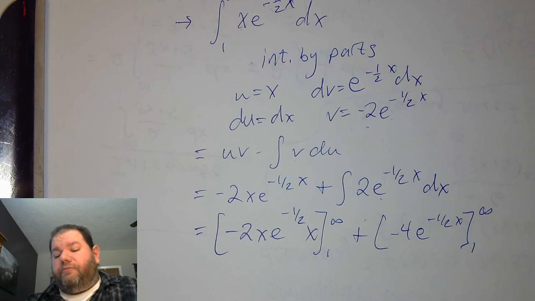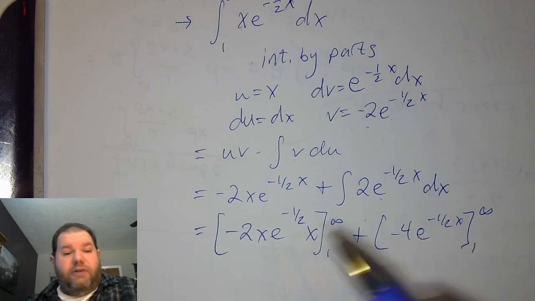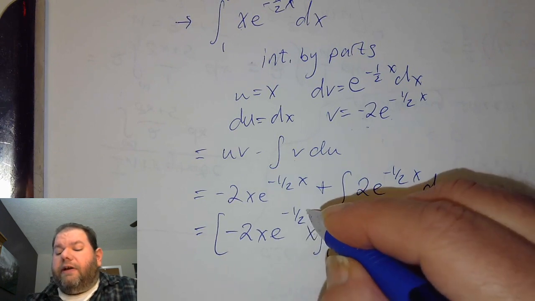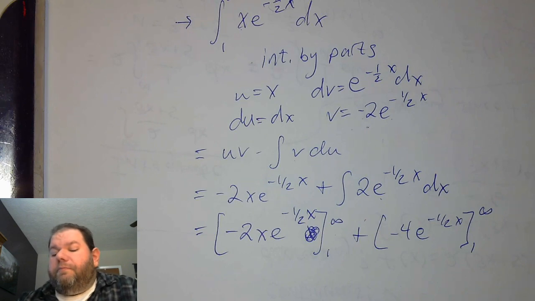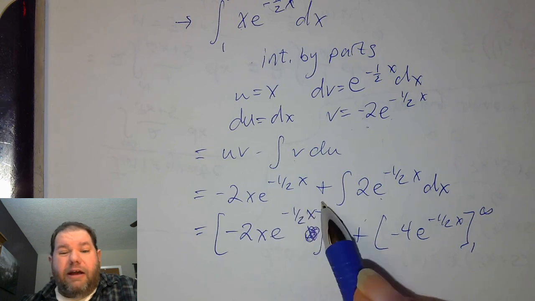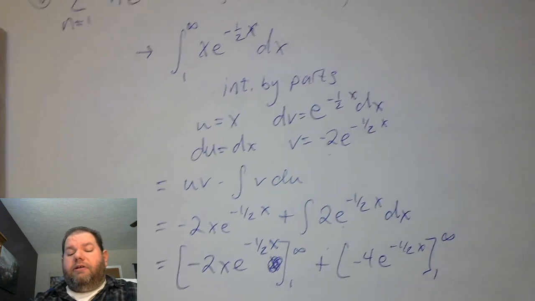When we plug in infinity here, we get negative 2 times infinity, which is negative infinity, and then e, this x is up here, sorry, not down here, and this is e to the negative 1/2 times infinity, which is e to the negative infinity. Now e to the negative infinity